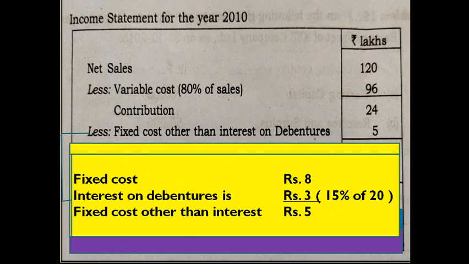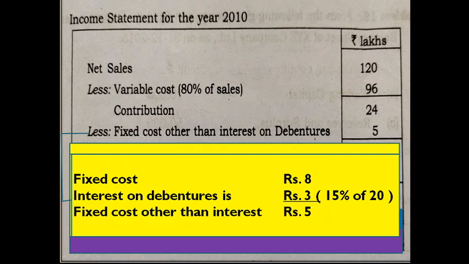In order to find the operating profit, the fixed cost items have to be operating expenses. Here in the question, fixed cost is already given as 8, but within the bracket it is given that this 8 includes interest. So this fixed cost is not purely fixed operating expenses. From contribution, you need to deduct fixed operating expenses. So out of rupees 8, you need to deduct interest on debentures rupees 5, because interest is a non-operating expense. From rupees 8, you deduct rupees 5, so you will get rupees 3. That's how you get fixed cost other than interest on debentures. In the question, it is given as 8 and we took 3, so there may be confusion regarding the difference in amount.